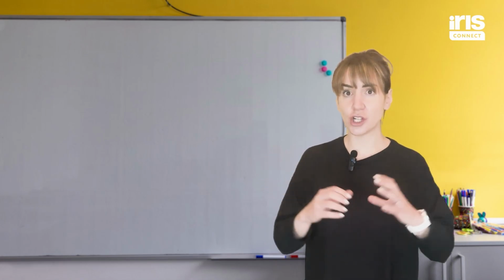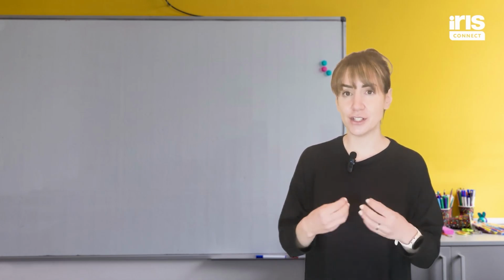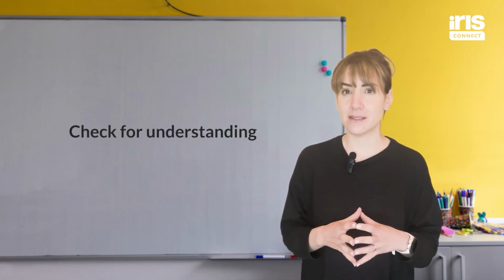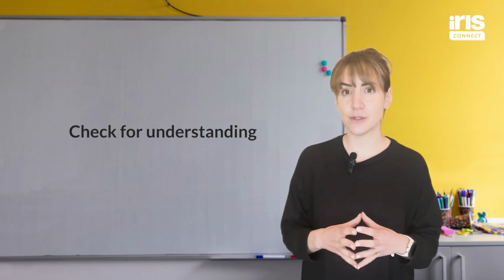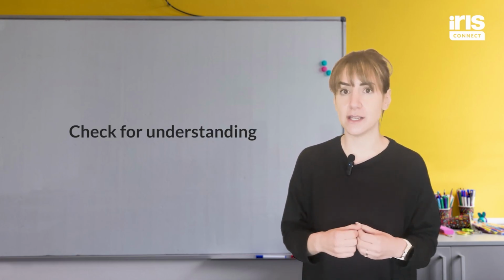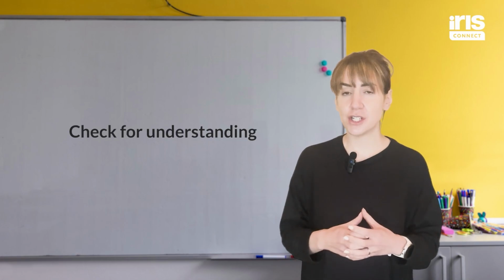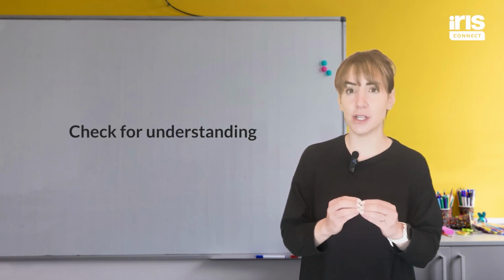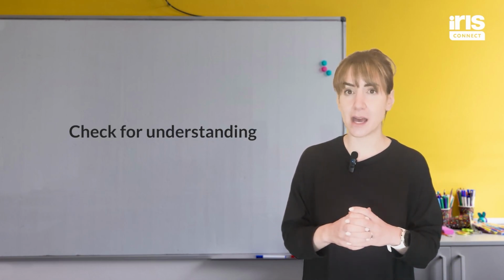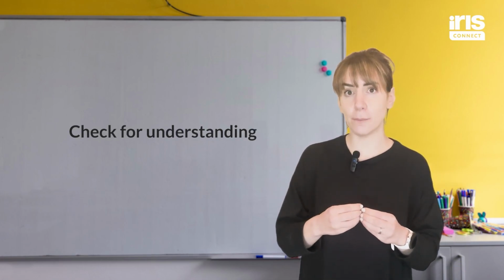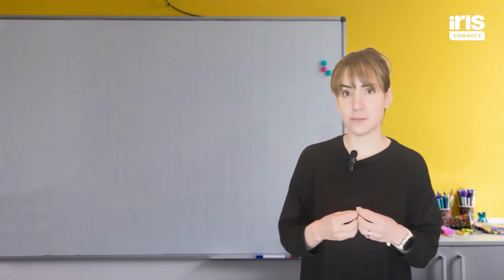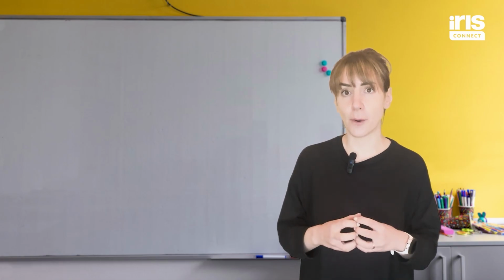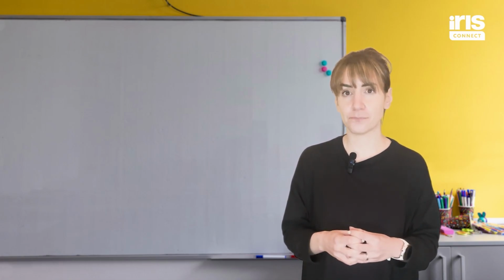Now I've delivered that first chunk of the explanation, I'm going to ask a question to check for understanding. I'm going to ask, why do you think it is that people that eat more fatty foods are at increased risk of heart disease? Now this question is a good one for me because it's not directly targeting what I've said in that explanation. They've had the explanation in a couple of ways now. I'm hoping that they can make the jump to thinking about that fatty substance called plaque coming from those foods and then causing the problems that can lead to heart disease.